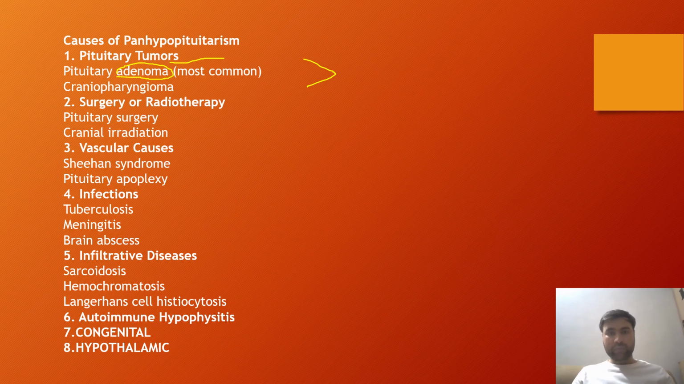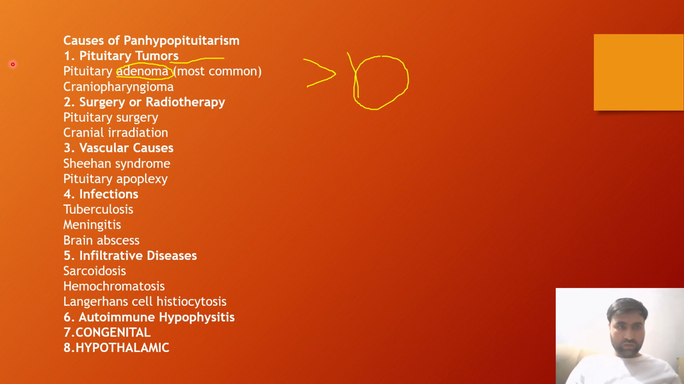if it is more than 10 mm in diameter, then it causes compression on the pituitary gland, and as a result panhypopituitarism occurs. Then craniopharyngioma can also cause compression of the pituitary gland, leading to panhypopituitarism. Then any surgery or radiotherapy of the pituitary gland can lead to panhypopituitarism, that is shutdown of all hormones production